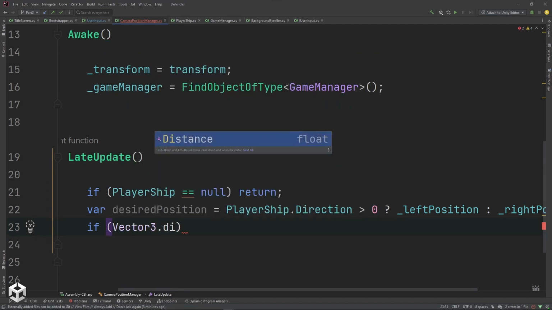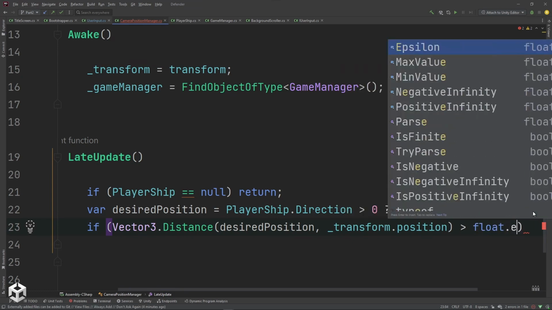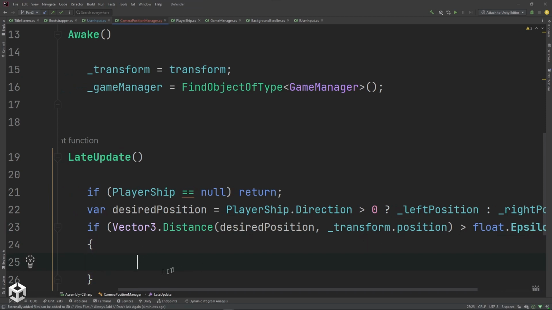And we're going to get the distance from our desired position to our current position. So we're getting our position off of the transform. If we're saying that is greater than float.epsilon, epsilon is just a tiny value. So if that is true, if this is greater than almost at the target, then we're going to say our